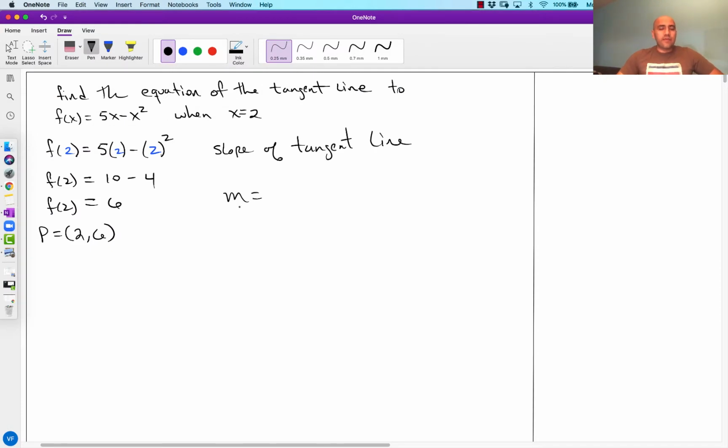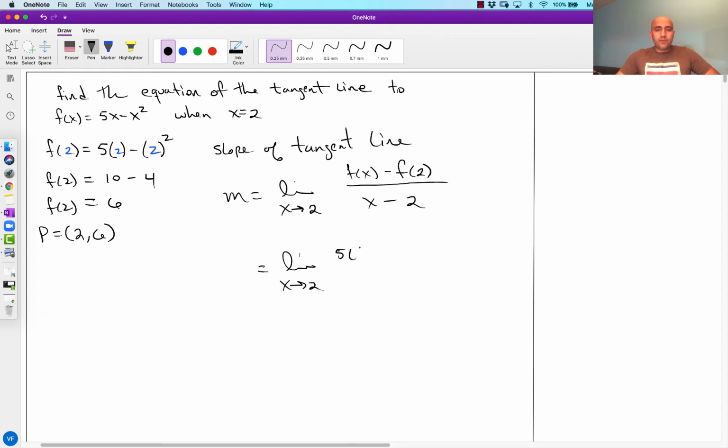The slope of the tangent line is going to be equal to m, which is equal to the limit as x approaches 2, so in our case the a is the 2, of f of x minus f of 2 all over x minus 2, right? And this is where we're letting a equal 2 in this particular case. Okay, so now we have to evaluate our function at x. Well, that's just going to be copying it, really. So this will be the limit as x approaches 2